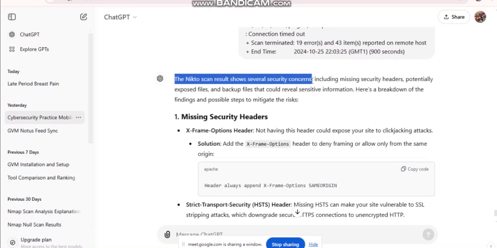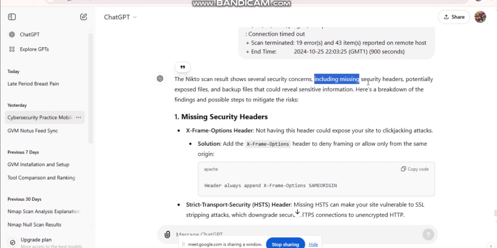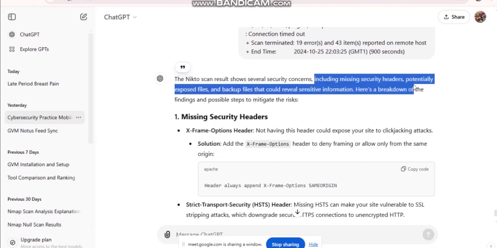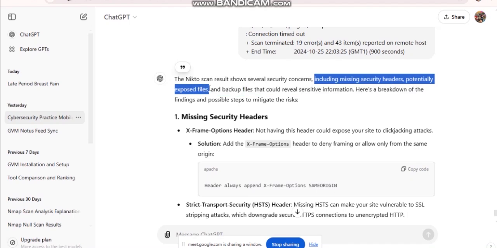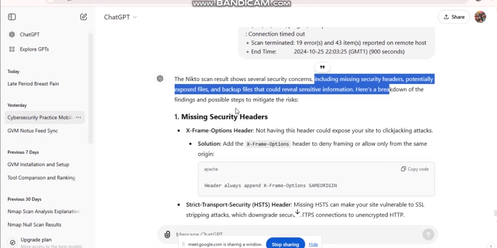Are you guys following? Yes. Including missing security headers, potentially exposed files, and backed up files that could reveal sensitive information. Then here is a breakdown of the